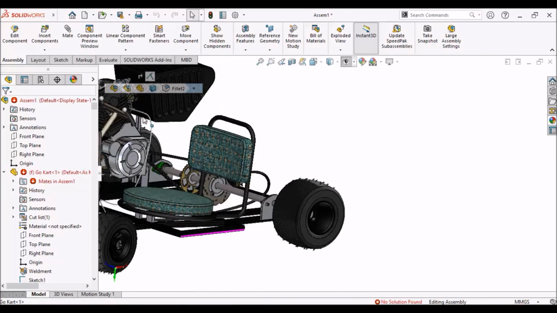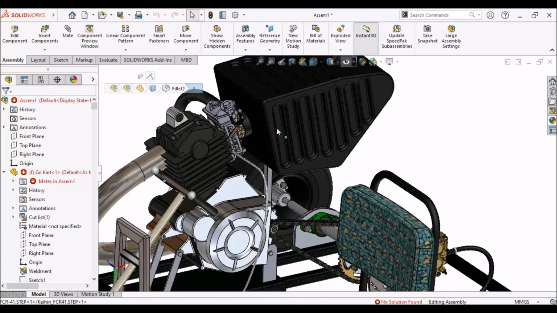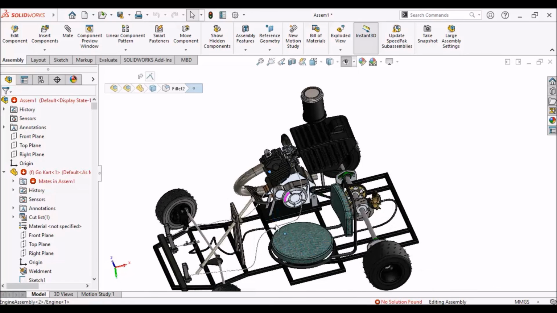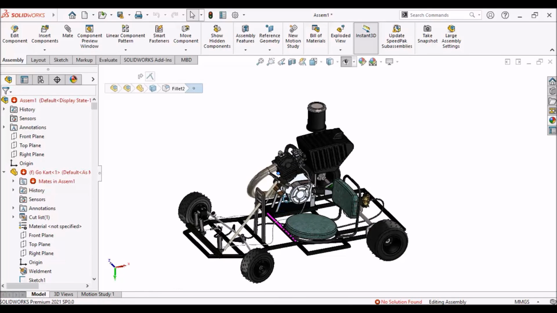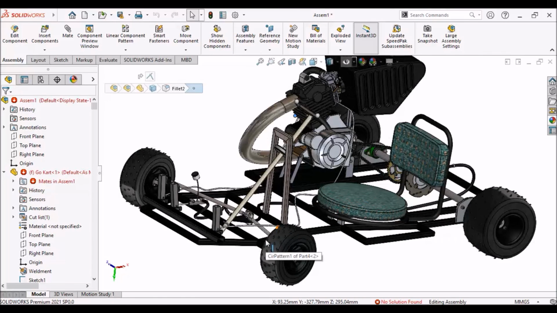And this is a carburetor. It's a carburetor, and it's an engine, and we can design each and every component in SolidWorks, and we can operate SolidWorks at a very premium level.